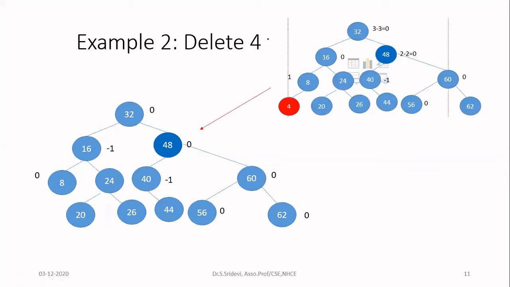Now what do I have to do? I have to check the balance factor of each node in the tree. These are all the new balance factors I have calculated. Since you know how to calculate the balance factor, I'm not explaining that every time. This is the balance factor of each node in the tree. All are having the permitted values. So now I can go and delete the next node in the sequence.